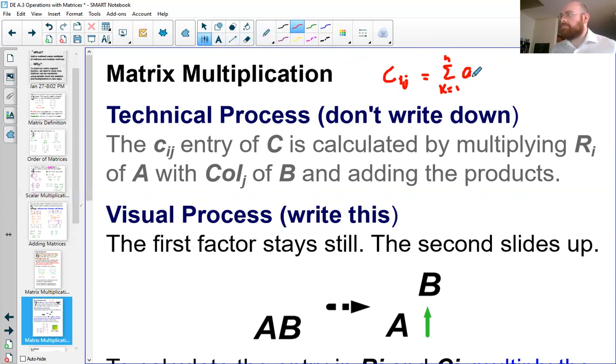So from matrix A, we have row I. So I is fixed and K varies from 1 to n. And for matrix B, the column is fixed, but the row varies. So we have C ij is given by the sum from k equals 1 to n of A ik times B kj. This is incredibly difficult to remember, and it's incredibly hard to make sense of